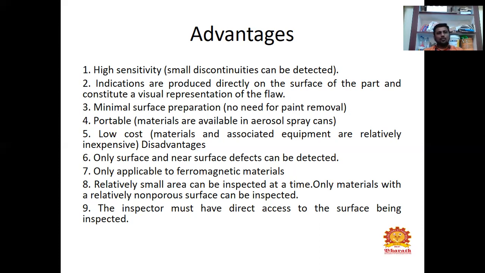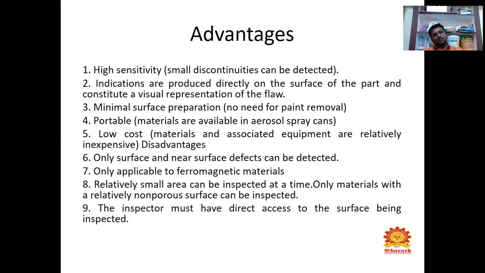Then it is only applicable to ferromagnetic materials. We cannot check non-ferrous or other materials. Only ferromagnetic materials can be checked for defects with this method.